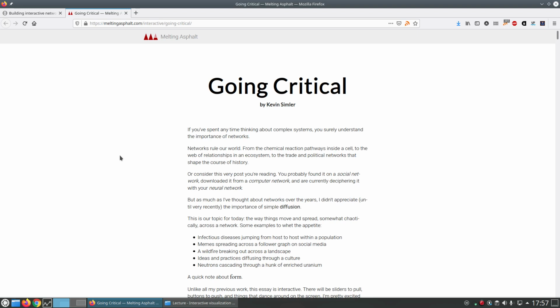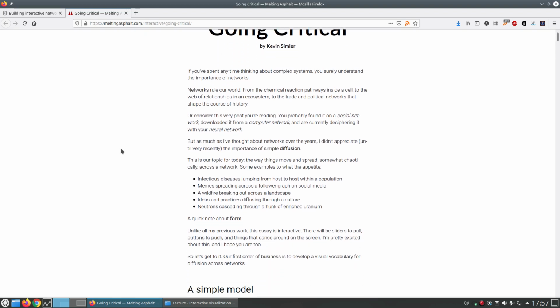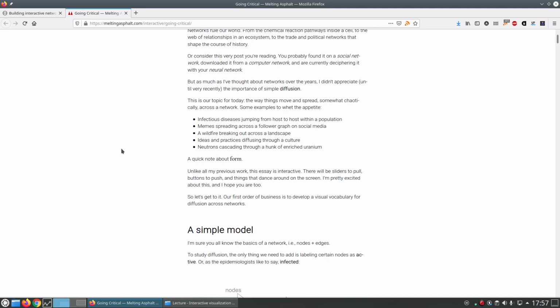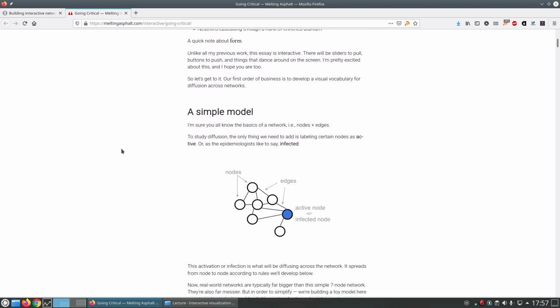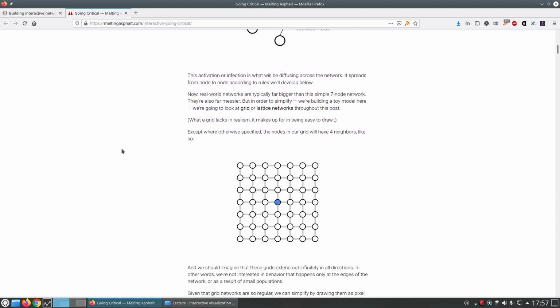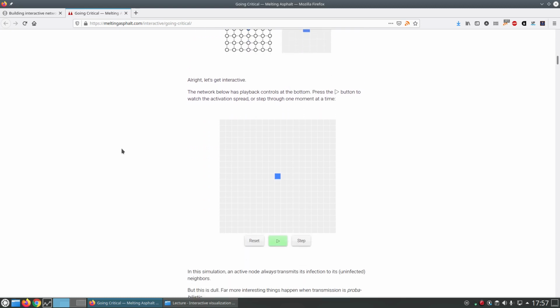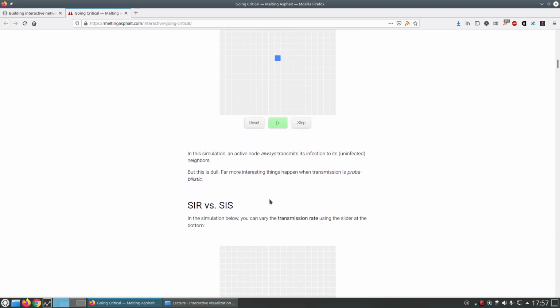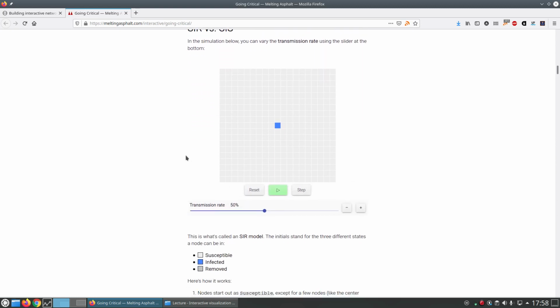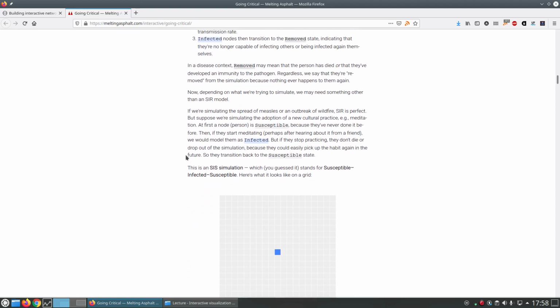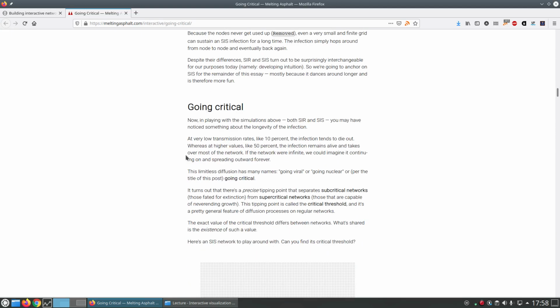But also how memes are spreading in social networks, but also how wildfire is spreading in a forest, and so on and so forth. So in this specific example, Simler is showing us, first of all, some theory about networks, but then if we scroll a bit, we will have several examples that we can play with, about different diffusion models, or for instance, what happens when we include